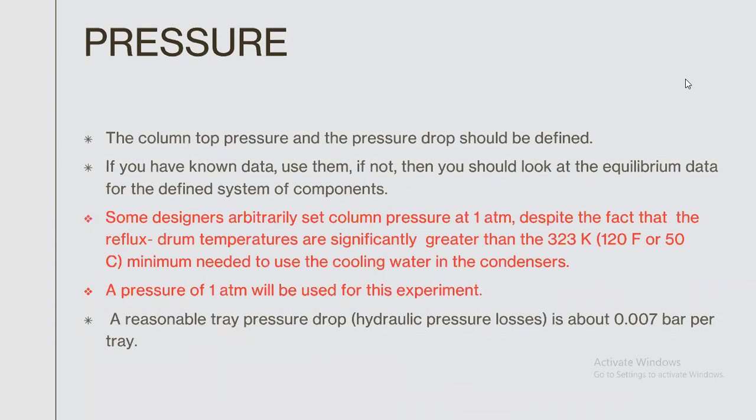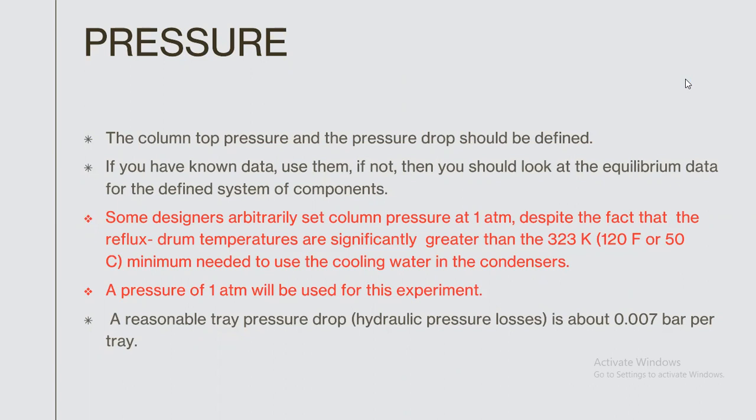Because you need to condense the vapors which exit the top of a distillation column to a liquid, so that you have your product as a liquid. Also, you have the reflux to attend to the distillation column. So if you have known data, use them. If not, then you should look at equilibrium data for the defined system of components, which means you're trying to find the dew point, given your product